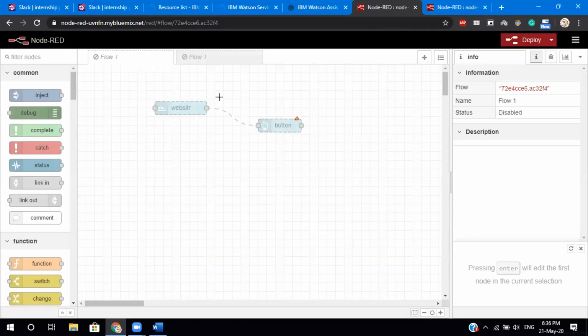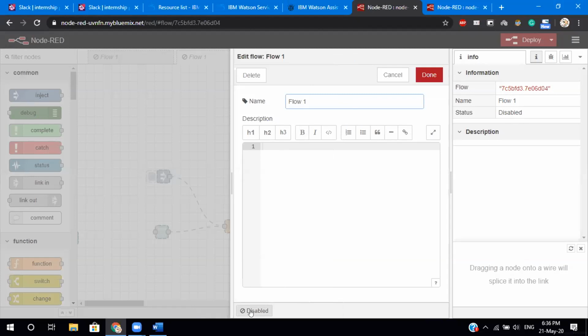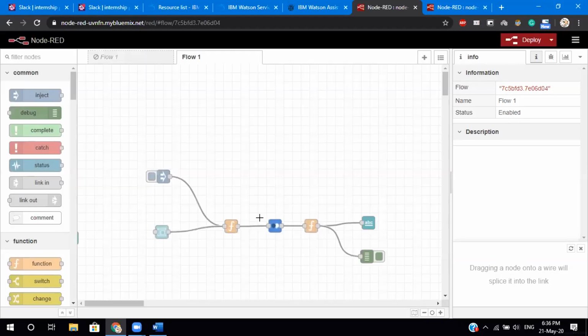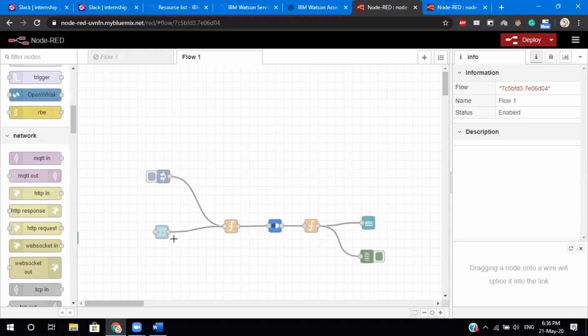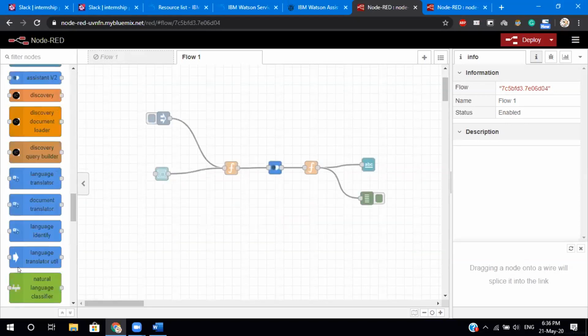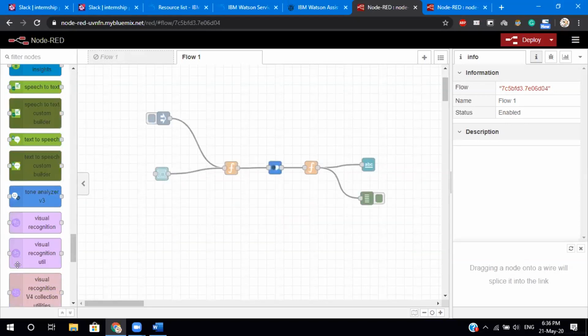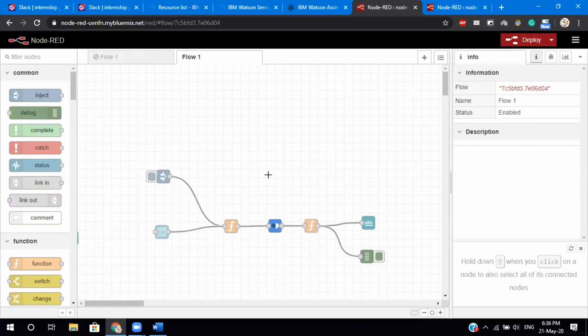So please remember, I will share this flow with you, and I'll also tell you how to use this flow. The first thing you're going to do is drag and drop a form field. But before that, let me tell you something.